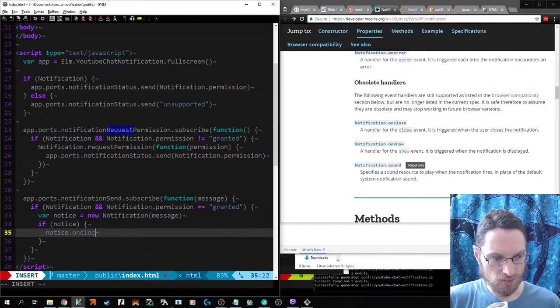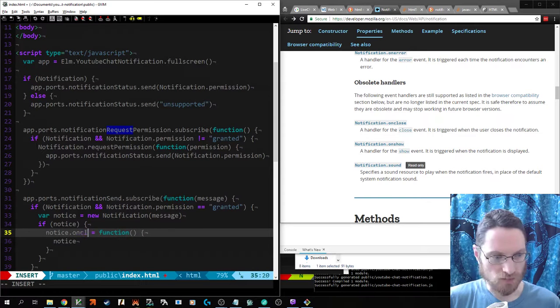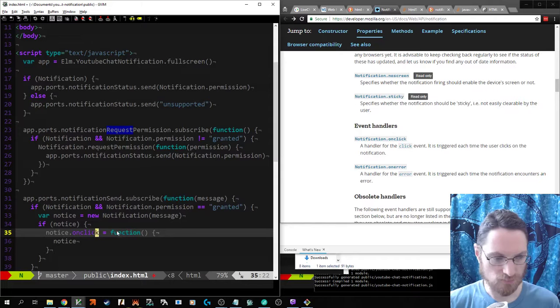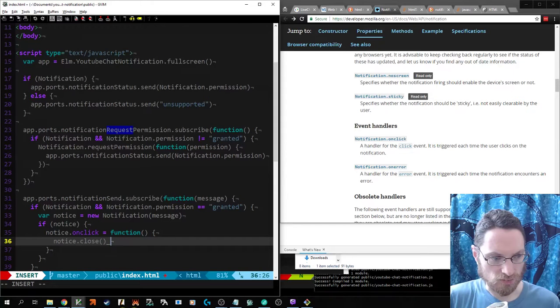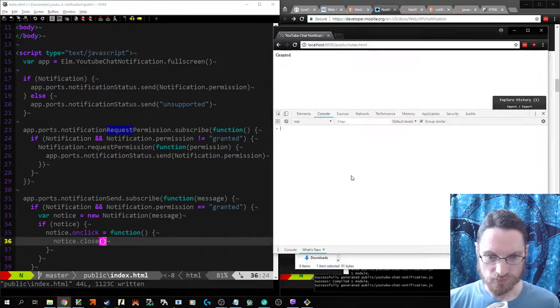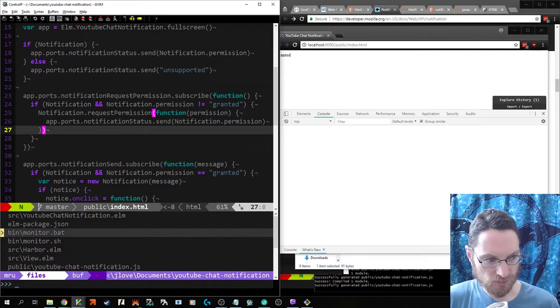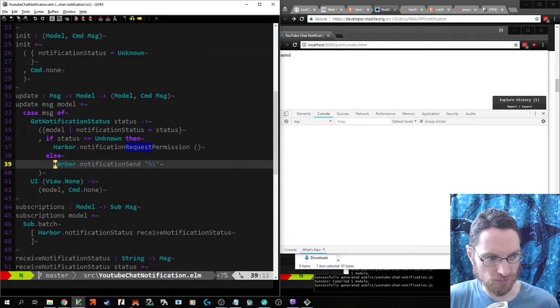Notice dot on close equals notice on click, notice dot close. So that's all JavaScript, not having compiler errors, and we can click on it to dismiss it. Now that still has the focus behavior, right? So we want to do this, where instead of